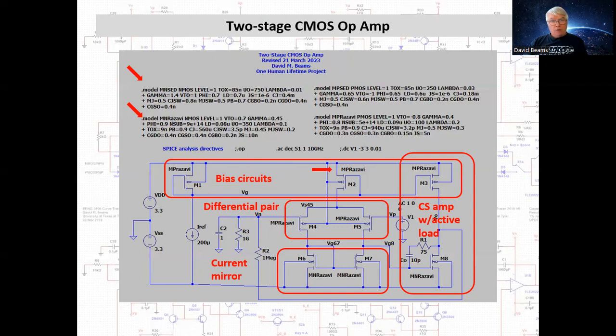Now, one other thing I want to point out, these three components, they are not part of the op-amp. They serve various purposes. Let me explain here. You'll notice that there is a 1 megohm resistor from the output tied back to what is the inverting input. And resistor R3 I've currently set from the inverting input to ground is currently set to 1 gigohm, essentially an open circuit. The point of this resistor is that